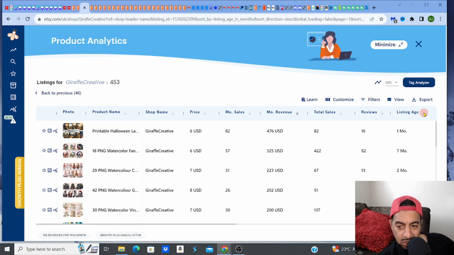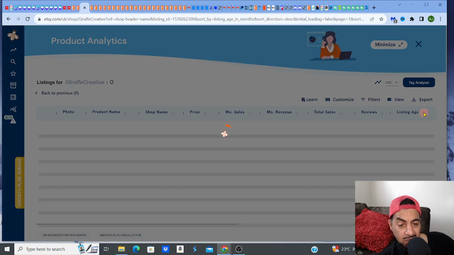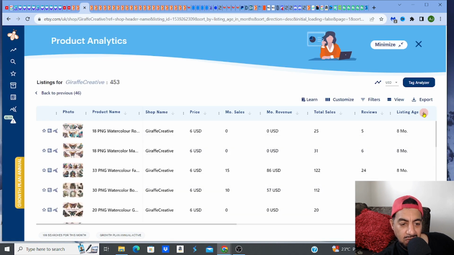But what I'm very interested in knowing is certain things, right? So I want to look at maybe what other digital paper they're selling, if any, and if it's making money. But also, I can see that this store is 8 months old, right? It's an 8-month-old store. You can see it here. I've just sorted it by listing age, and you can see that the top two, the first two they brought out, the oldest ones, weren't making any money,